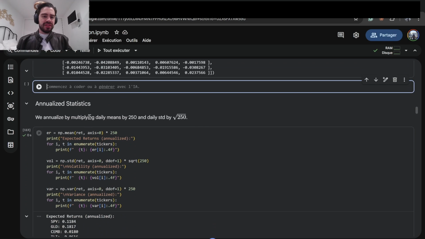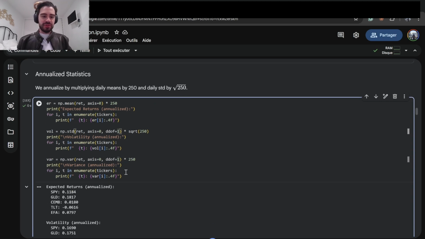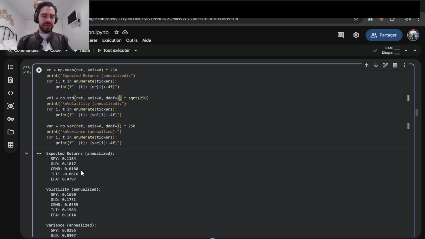Then you get some basic annualized statistics. It's not complicated. You can use NumPy, you have all the functions here. Basically there is this ddof here. It's relative: some people prefer to use 0, some people prefer to use 1, because 0 is population, 1 is sample. I'm getting a 5-year sample, so I prefer to use this way. But I've seen some arguments from people that just want to use 0, so it depends on your assumptions. So here's some basic